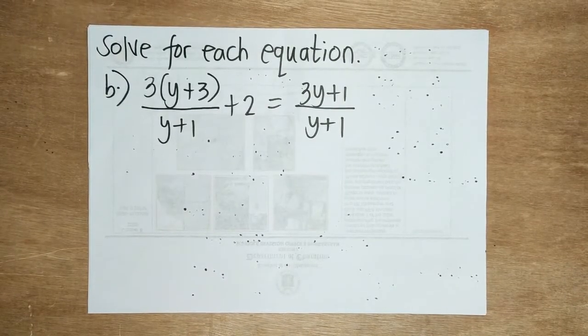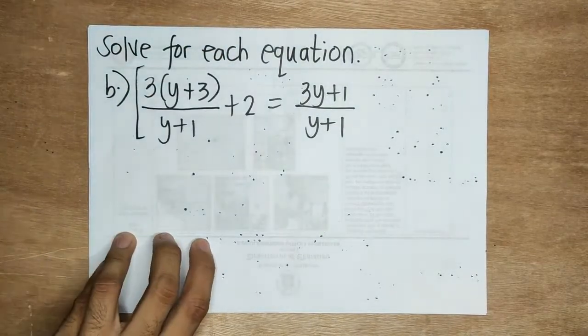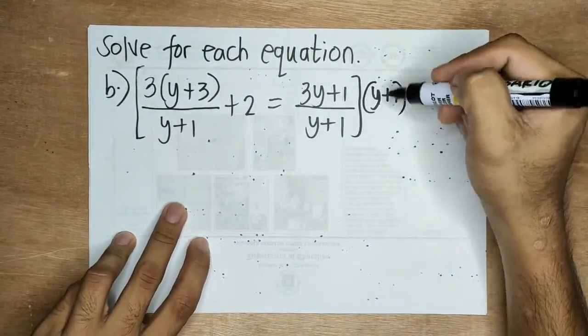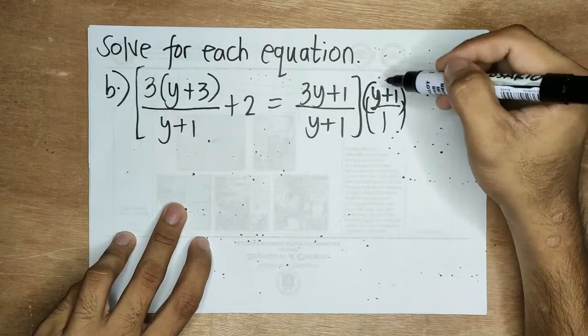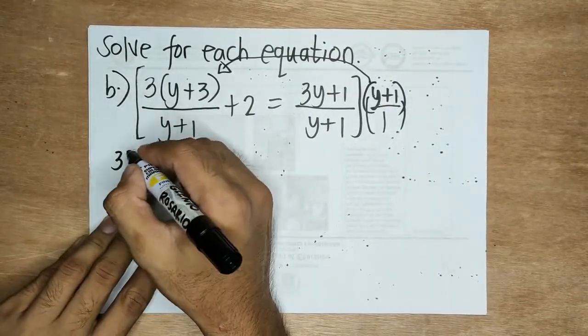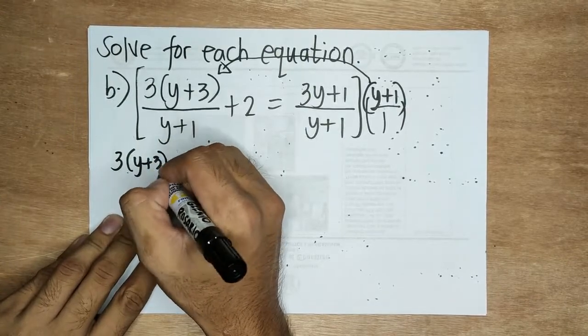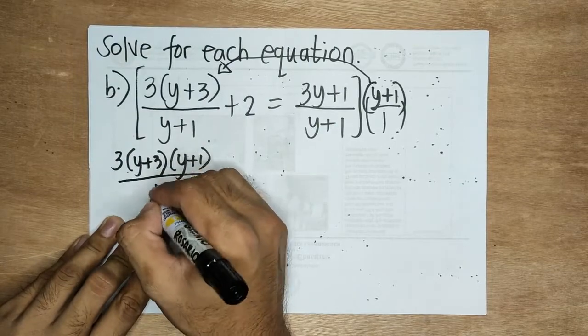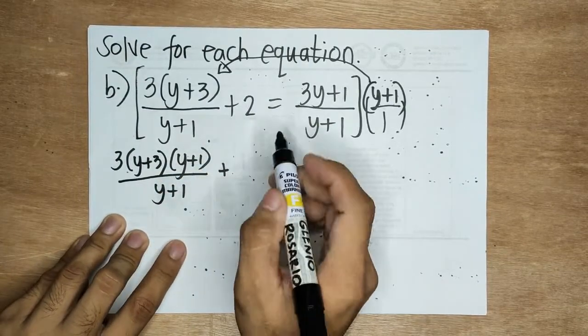For this example, as you can see in the denominator, pareho lang sila ng denominator. So, gaya dun sa previous example, yan na agad ang ating LCD. Okay, so we multiply that to all the terms. Here, we have y plus 1. So, y plus 1 all over 1 times this one, we have, again, pagtatabihin lang muna natin sila. 3 times y plus 3, and then, tatabi si y plus 1 all over y plus 1,